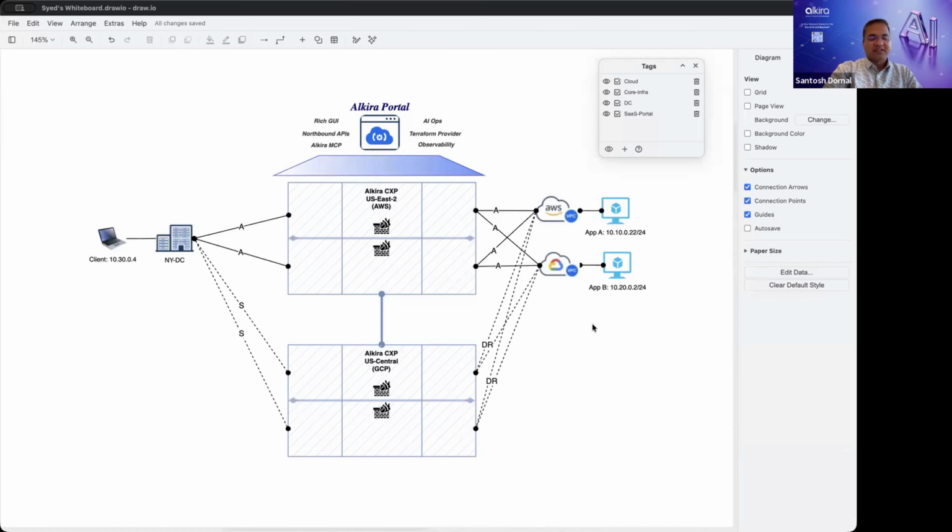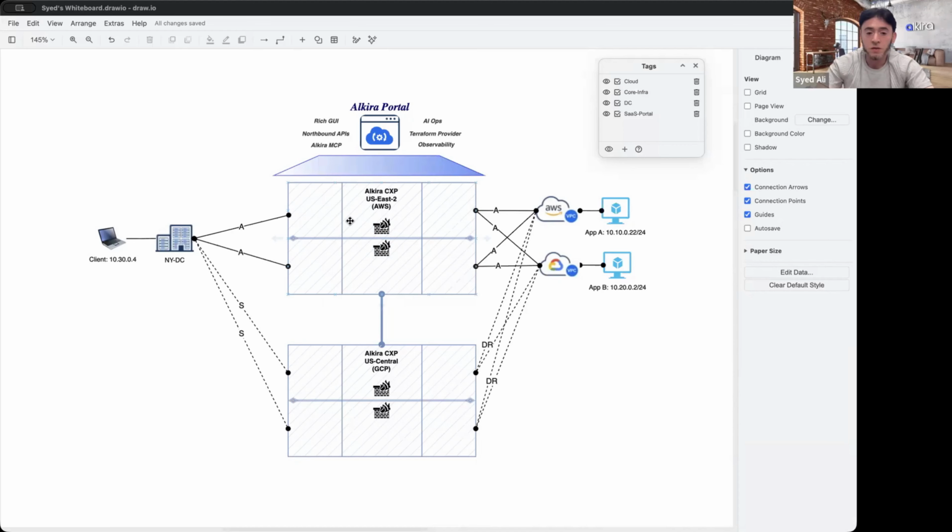So these were definitely some of the things that we had considered when we built this application. This was one of the primary design goals when we started Alkira. Imagine a customer can become their own service provider, right? The networking teams can now turn into a service provider providing connectivity with an immense amount of control that they haven't had before, right? With being able to say, okay, I'm going to deploy a POP in one service provider, and I'm going to deploy another one in a completely different service provider. My network policies and constructs are going to stay exactly the same, and then I'll provide my connectivity to my applications.